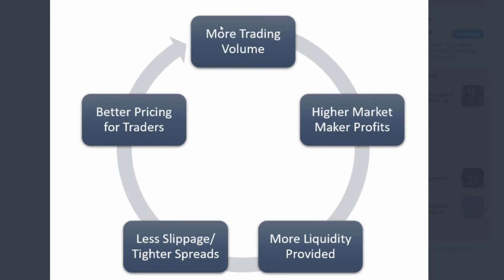Then you'll see more traders come onto the platform to execute trades. But not only that, you also have aggregators like 1inch. If the fees and the prices are better on one platform, they'll route orders to that exchange. As the volume increases, so does the yield. So everybody that's already providing liquidity, their yields are going to go up. And as those yields go up, more liquidity providers are going to come in to add liquidity.